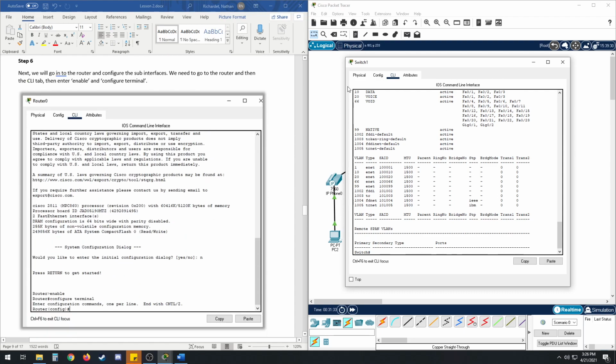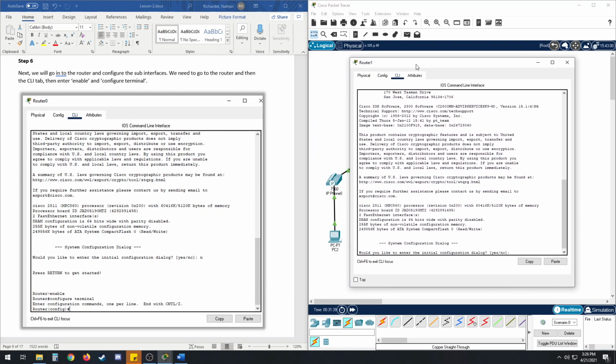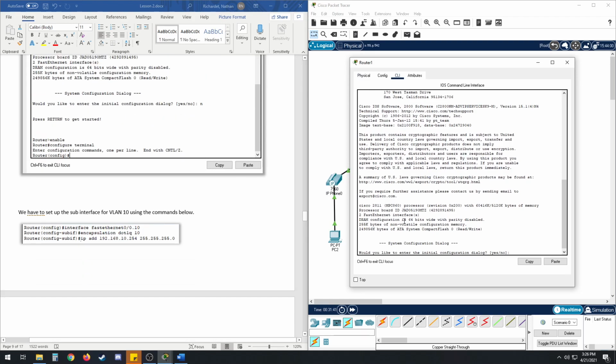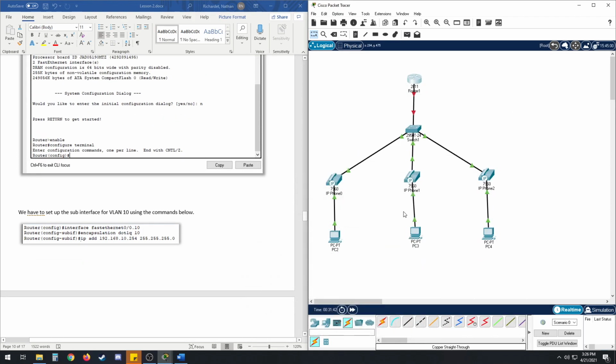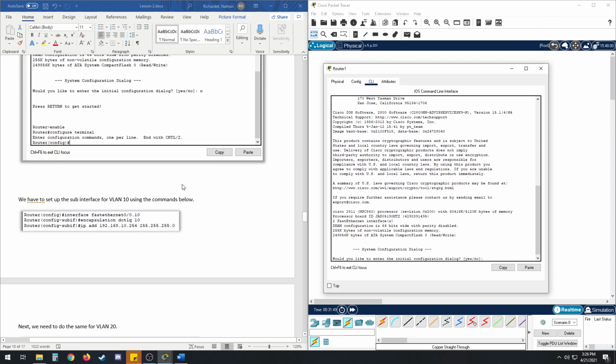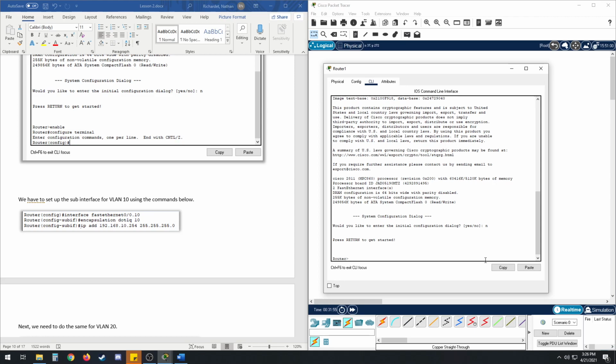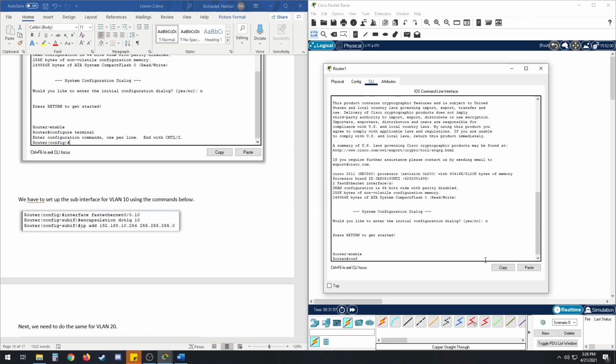So now we have the switch set up correctly. We need to set up the router. So we go to the router, we go to CLI, and we don't need to do a ping test this time because we didn't give them IP addresses. We have to tell the router what IP addresses to give them. So again, would you like to enter initial configuration dialog? We're going to say no because we're going to set it up ourselves. We're going to go enable, configure terminal,